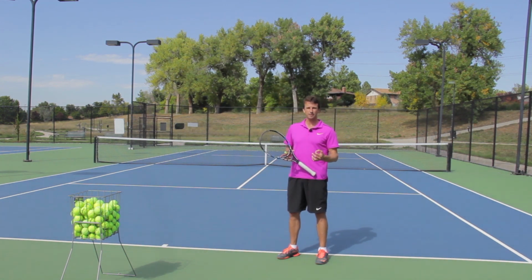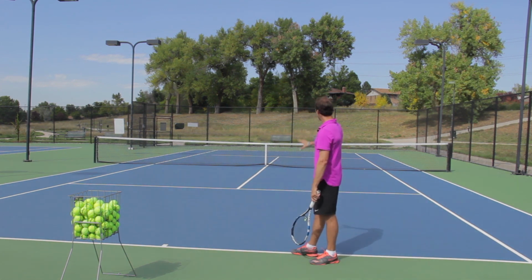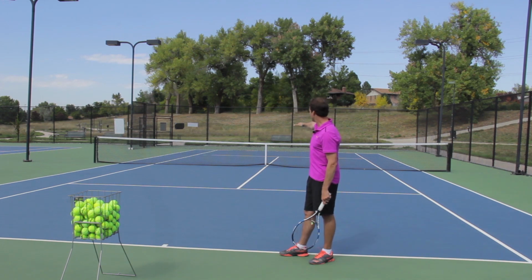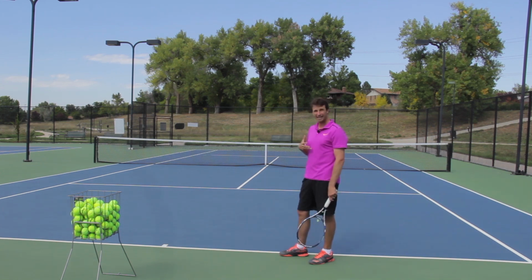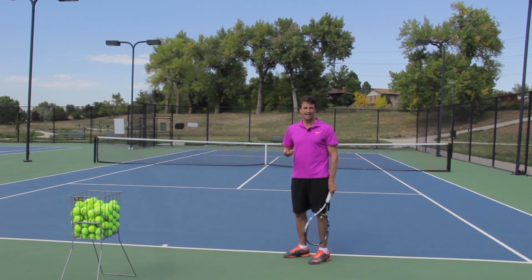So the first tip is this concept called windows. I'm a big fan of targeting and visualization. And so when I get ready to serve and I look over at the net, sure, I can look at targets through the net where I want the ball to land. But what I've found is that if you actually look at a spot above the net, an area that you want to hit through, and I call them windows. If you have an area where you can just practice hitting through a window above the net, that's all you